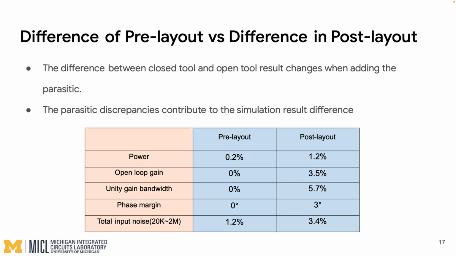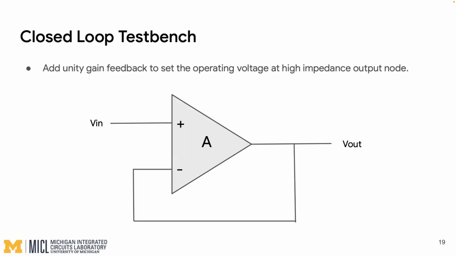So in pre-layout, there is almost no difference, but in post-layout, this difference shows up because of the discrepancy in the extraction from both tools. And so, yeah, that's basically the result for our Opamp. And I actually ran a different test bench on the Opamp, which is the unit gain feedback. And I think I will just quickly run through these slides